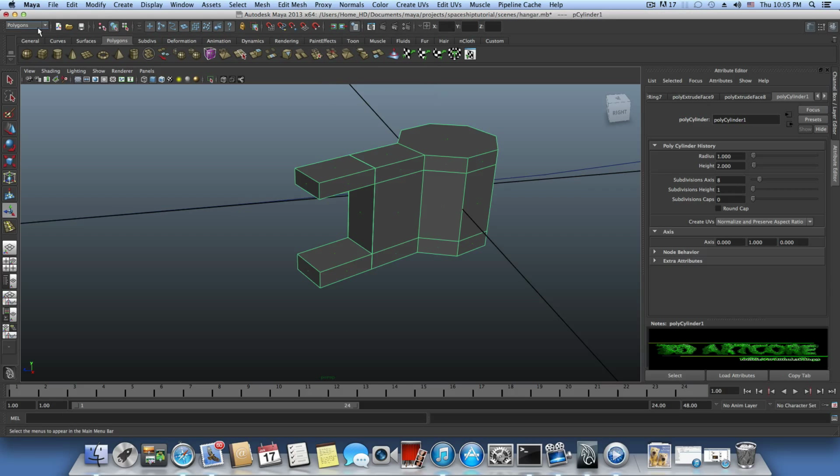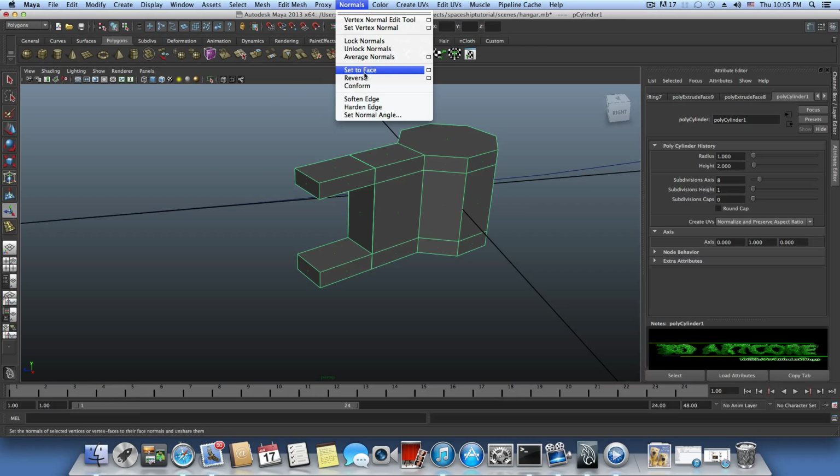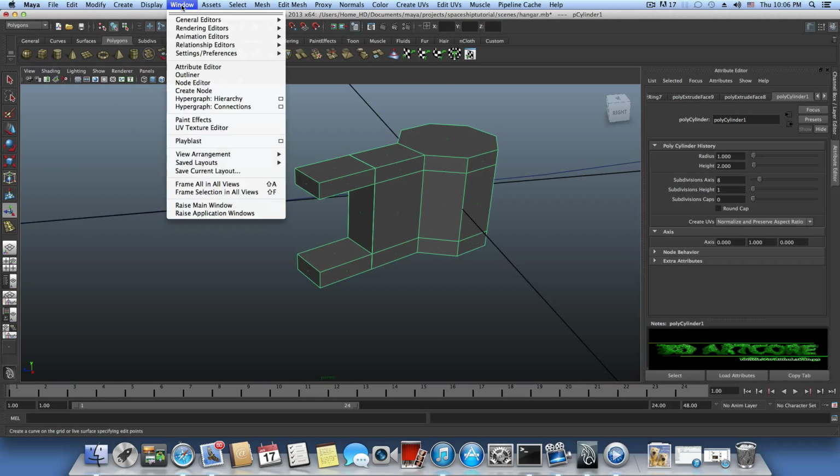You should be on the polygon menu, normals, and choose to set normal size, okay. We have a normal size, reverse, set to face, set vertex normal, no, okay, maybe it's here somewhere,